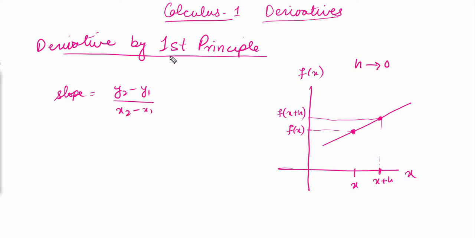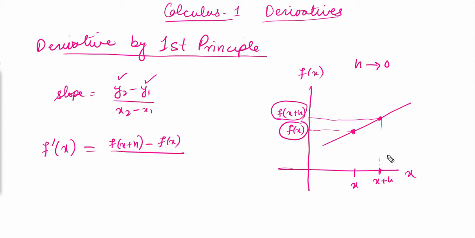So by this formula, I'll show you the formula for finding out the derivative by the first principle. We can represent slope by the Lagrange notation, that is f dash of x equals to, now y2 minus y1. This is the y coordinate of the second point, this is the y coordinate of the first point. So the y coordinate of the second point is f of x plus h, minus the y coordinate of the first point, f of x, I'll write it here, whole divided by